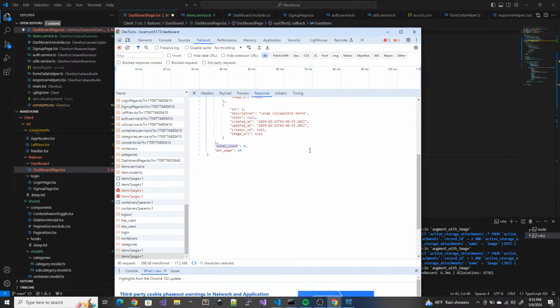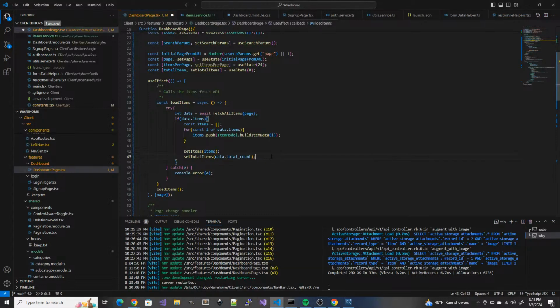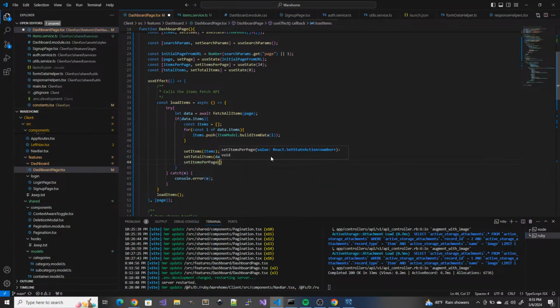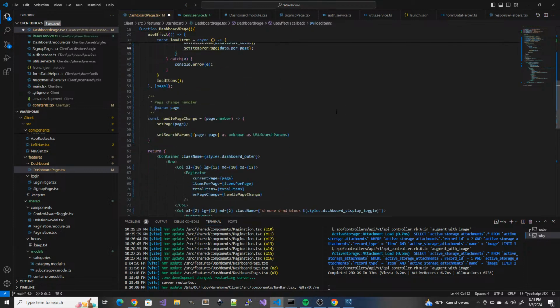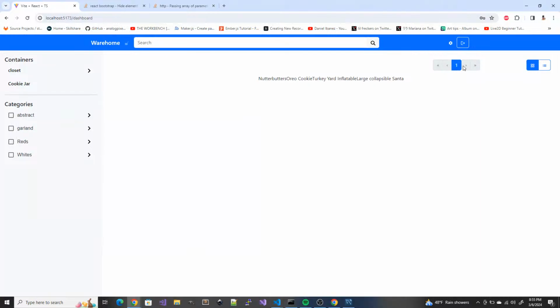Okay. That should do it. That should give us the complete controller. Alright. What's interesting is that should, in theory,